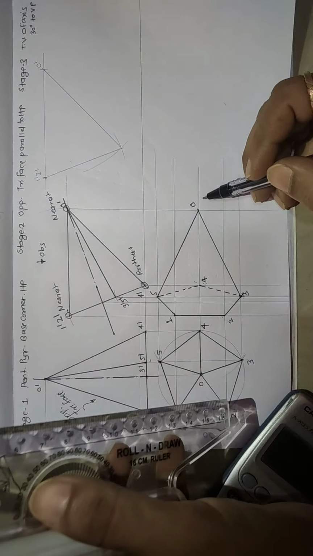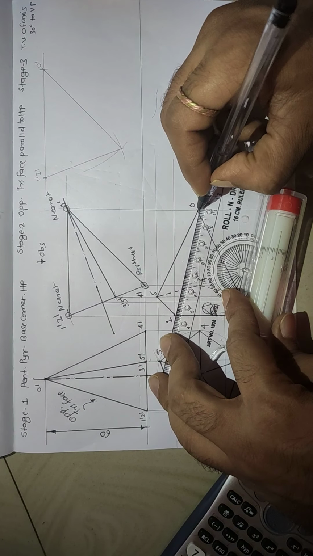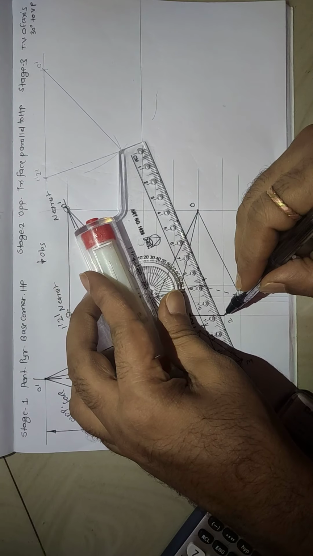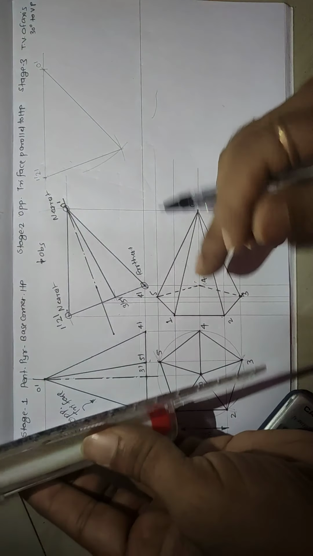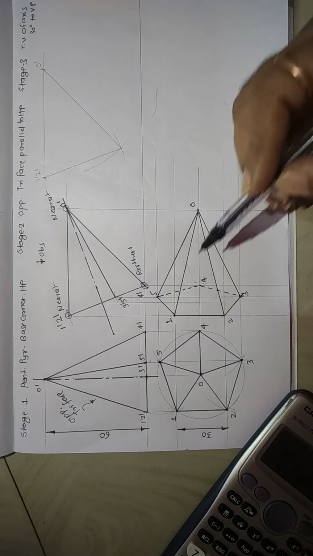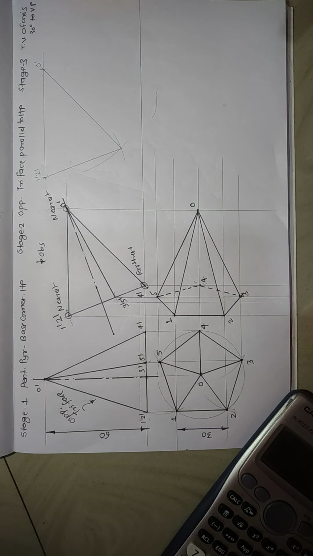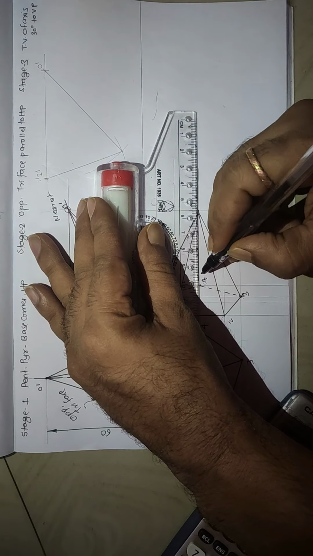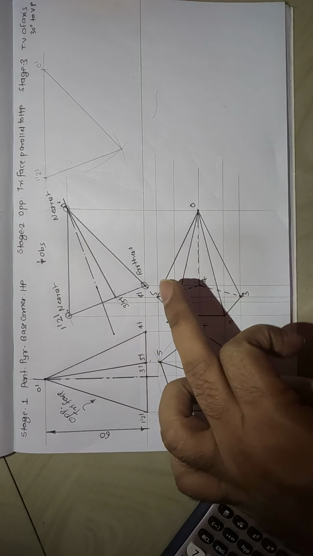Now O to 1 is not connected, O and 1 both are nearest, so that will be a dark line. O to 2 is also, both are towards observer, nearest to the observer, so it must be a dark line. Now O to 4, O is nearest, 4 is farthest, but through 4 already 2 lines are drawn which are hidden, so third line emerging from point 4 must be hidden, so I will join this by a hidden line. So this way my stage 2 is completed.